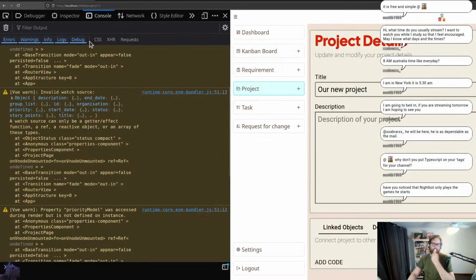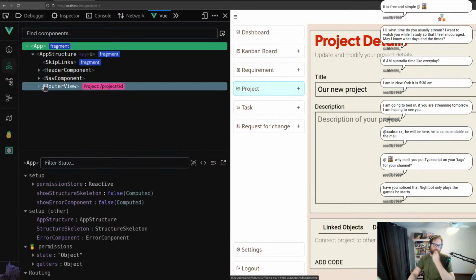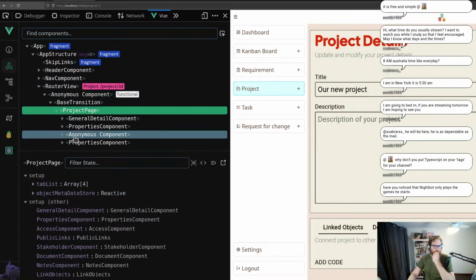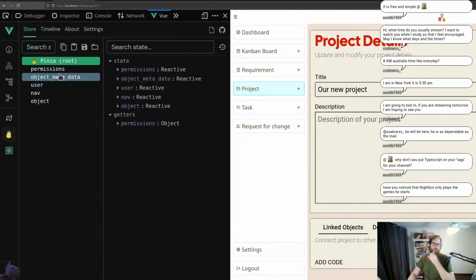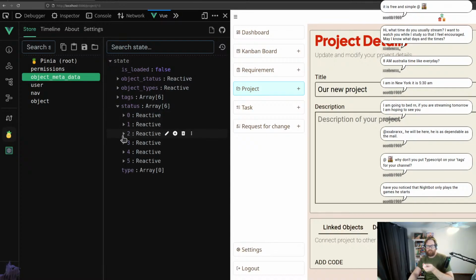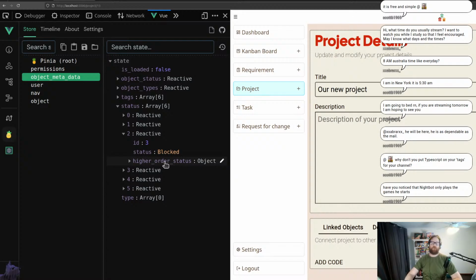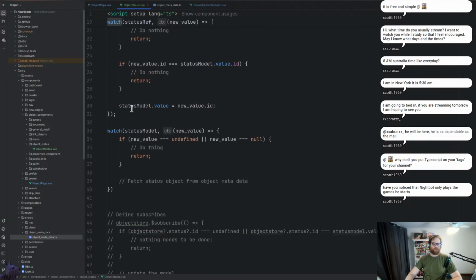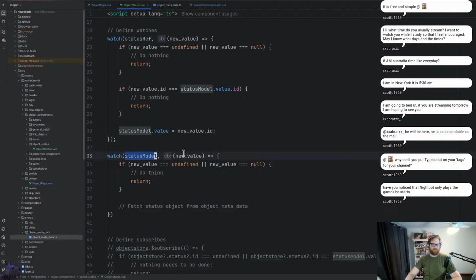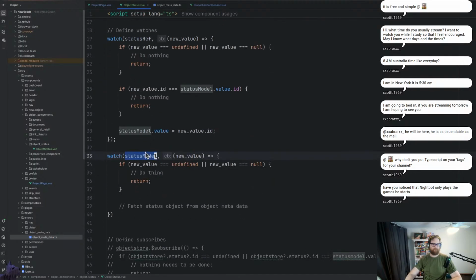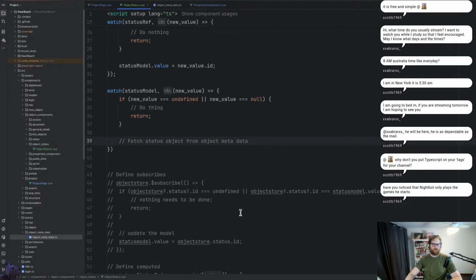And if I go to the view and go into Pinia and into object metadata, we've got our project statuses there, and I'm like, sweet, awesome news. So we've got both watches on there. So if the status model changes,